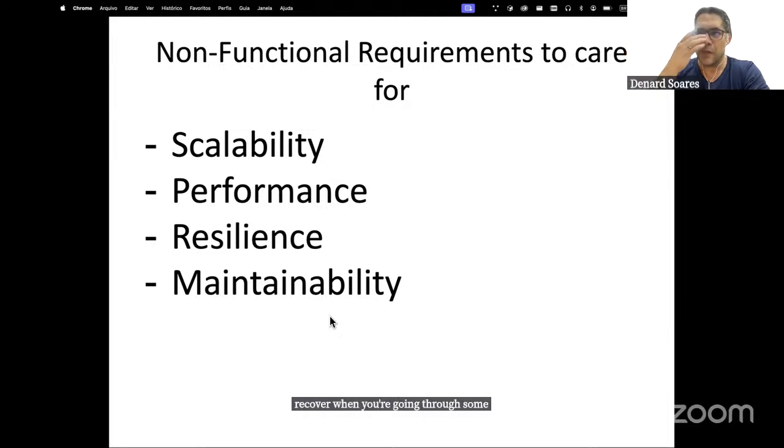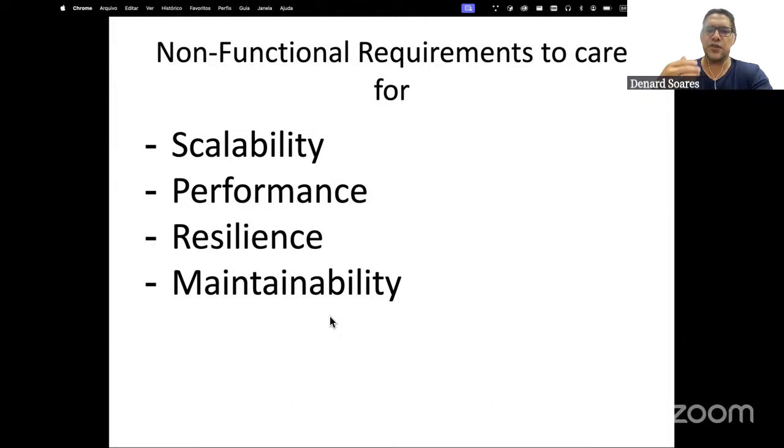I'm using resilience because I've been seeing in the latest interviews that those guys are doing a shift from reliability to resilience, resilience being something greater or smarter than reliability. Okay.